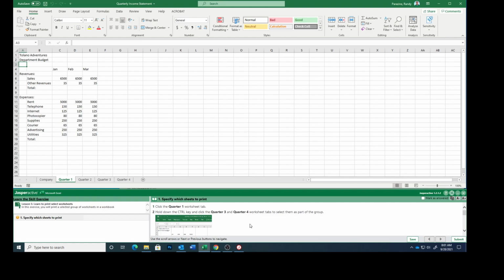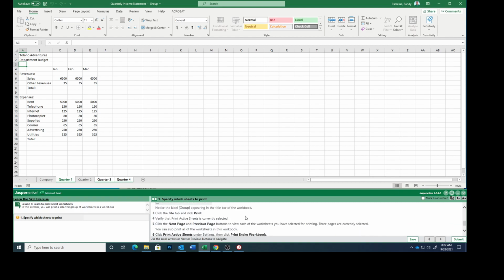Hold down the Control key and click the quarter 3 and the quarter 4 worksheet tabs to select them as part of the group. You can see that they have a green underline under them. Click the File tab